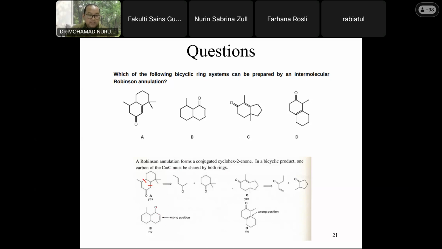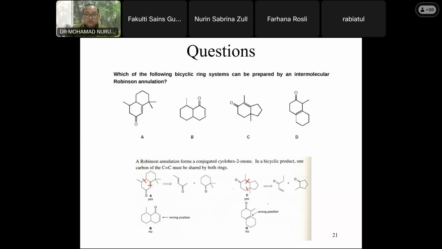Okay, if we see here the positions, the new bond is formed at the 1, 2, 3, and 4, which is the 3 and 4 positions. Meanwhile, this one formed at the 1, 2, and 3 positions. So this one cannot be formed by doing Robinson annulations. How about C, these compounds? Okay, C can be synthesized by Robinson annulations if we do retrosynthesis carefully. So you can find this is the connection, the disconnecting area, okay?